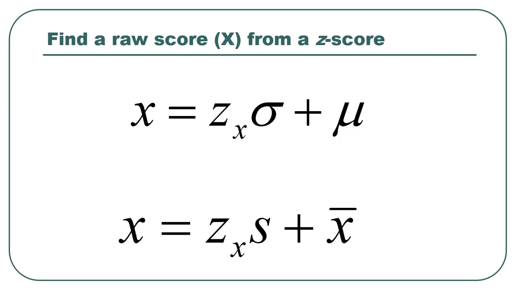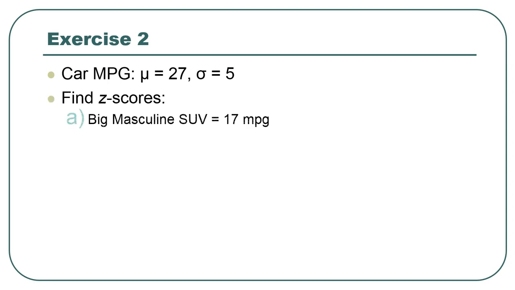But this is where instead of being given a raw score, a mean, and a standard deviation, and asked to figure out what the z is of that raw score, you're given the z-score of a raw score and the mean and the standard deviation, and you're asked to find out what the raw score originally is. So same idea. You just plug those values in there, the mean and the standard deviation, and the z-score in this case. So let's say car miles per gallon. Mean is 27, standard deviation is 5. Find the z-scores